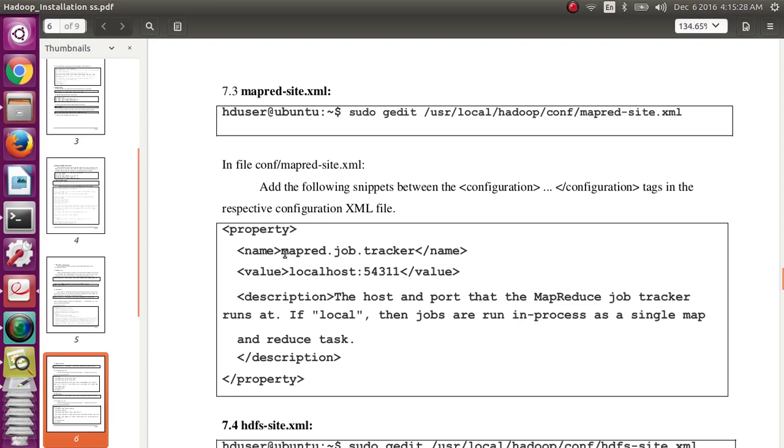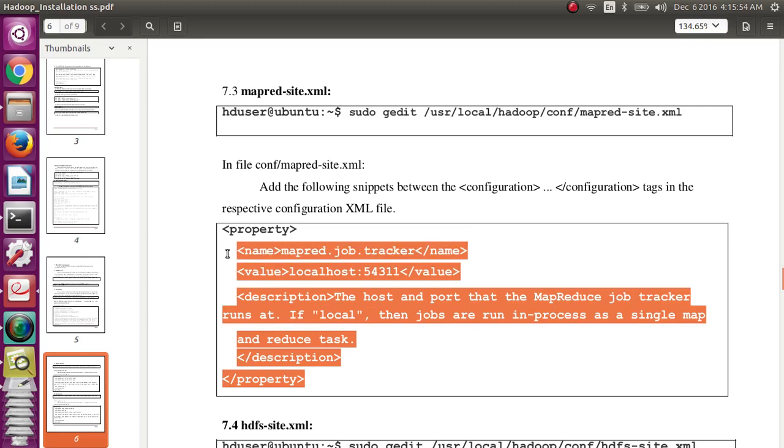This is localhost, and the port number is 54311. The property mapred.job.tracker needs to be set, and the value is localhost:54311, with a description. This is related to the MapReduce job tracker.